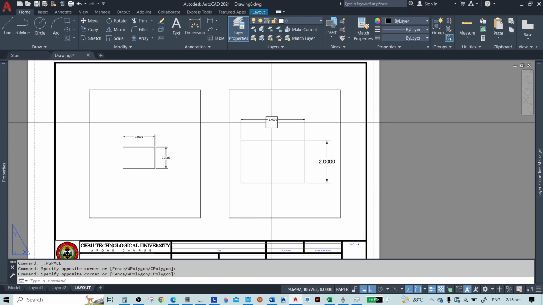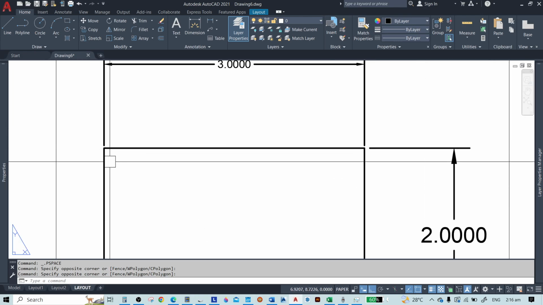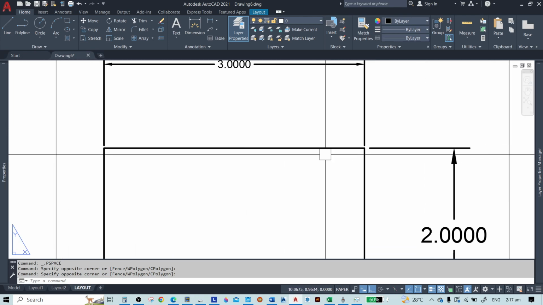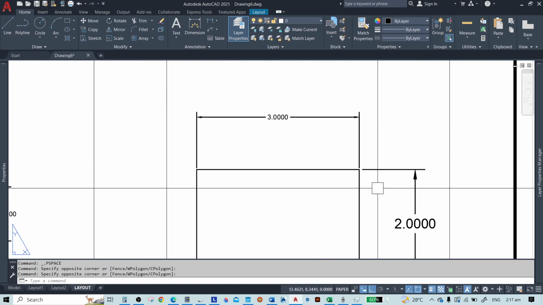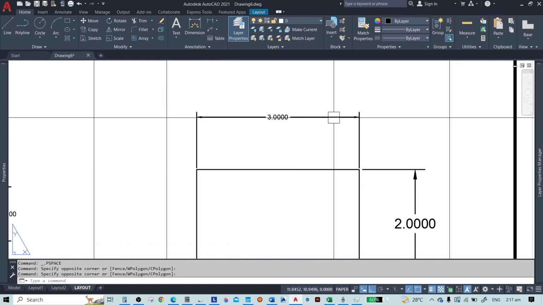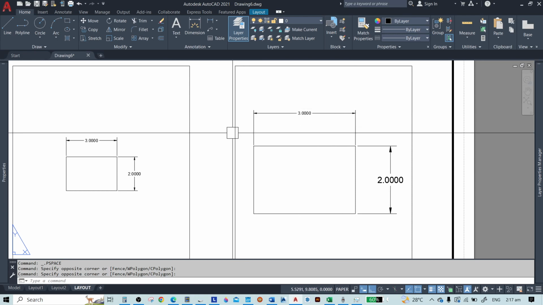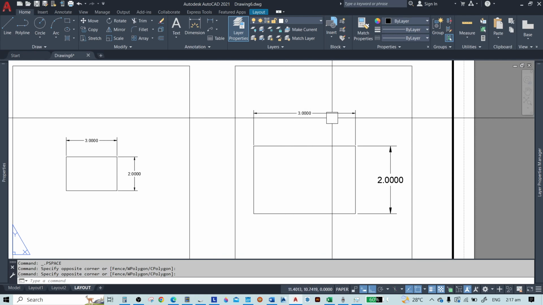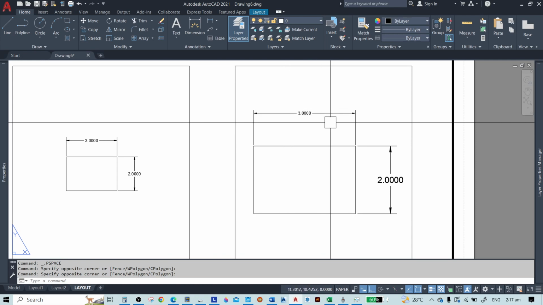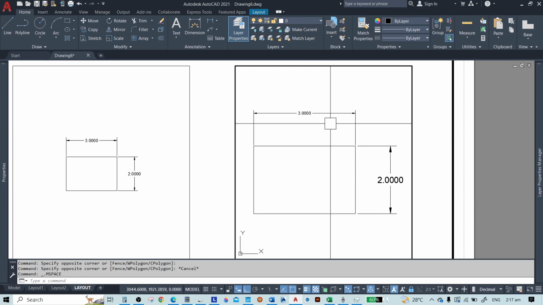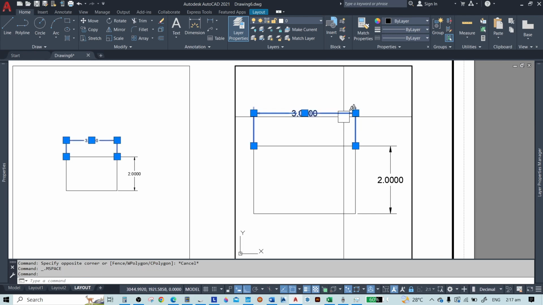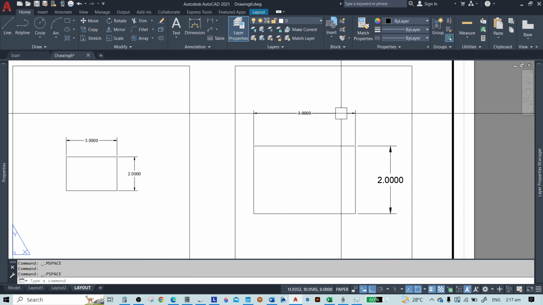Now as you can see here, we have standards in the distance from the object line to the dimension line, and from the dimension line to the dimension line. We have a standard distance that we are going to use, but this does not look good because it is too far, right?